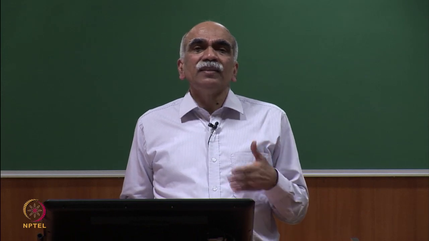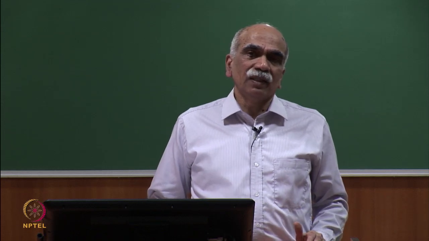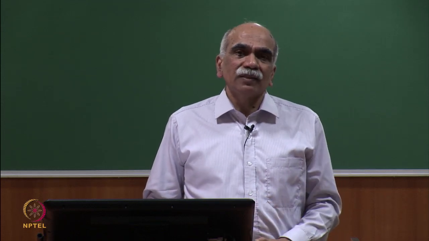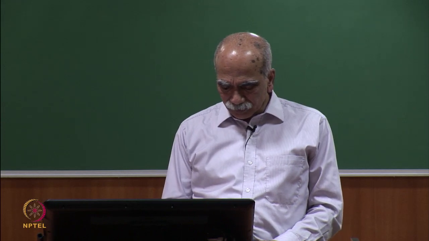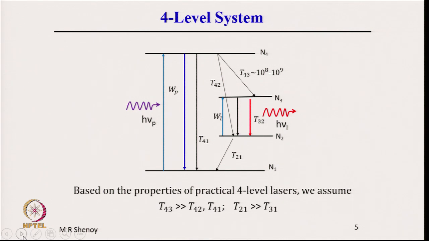So, the practical lasers such as helium neon lasers and Nd:YAG lasers are 4 level lasers, and we will take up the 4 level system. The scheme is this: this is the ground state, from where atoms are raised to an excited state, level 4. So, this is level 1, 2, 3 and level 4. From there, the atoms rapidly come down to level 3. So, this is level 3,